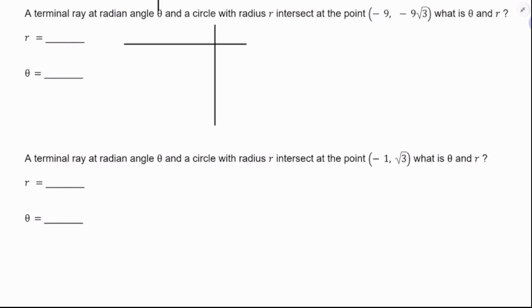Okay, negative 9 root 3 is going to be a bigger number than negative 9. So I'll just make negative 9 over here, negative 9 root 3 all the way down here. Draw myself a special right triangle. So negative 9 would be this leg, negative 9 root 3 is going to be that leg, and we'll have